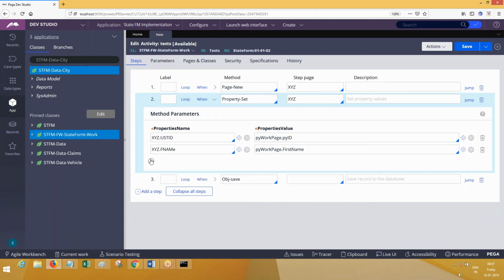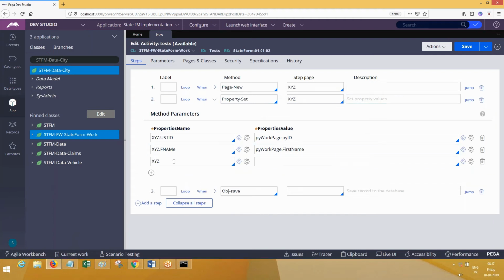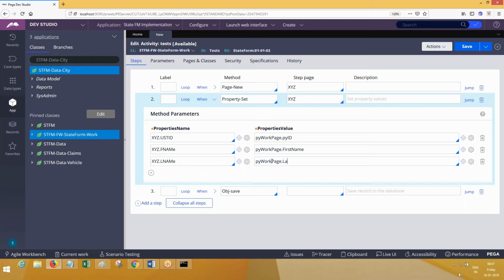Like this, n number, XYZ dot last name is equal to PY work page dot last name. Like this you are going to assign all the properties. Now with the execution of the second step, what happens? The data which is submitted to PY work page is getting assigned to the table related page and its properties.